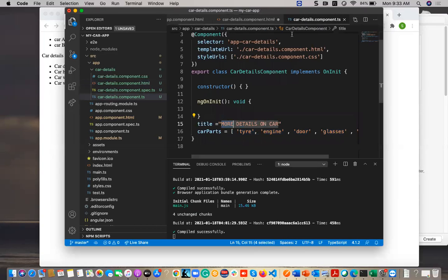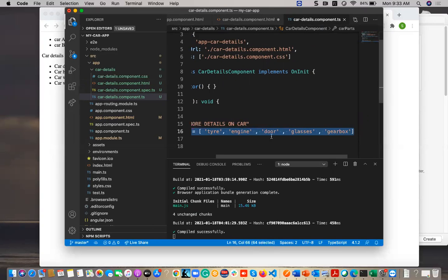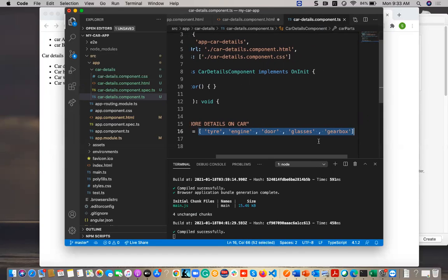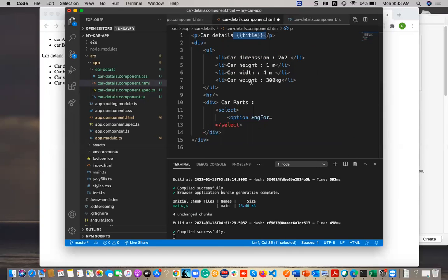But now the case is different. In this case, I am having several outputs here, an array of data. So I have to go for ngFor, and I want to get all those details.